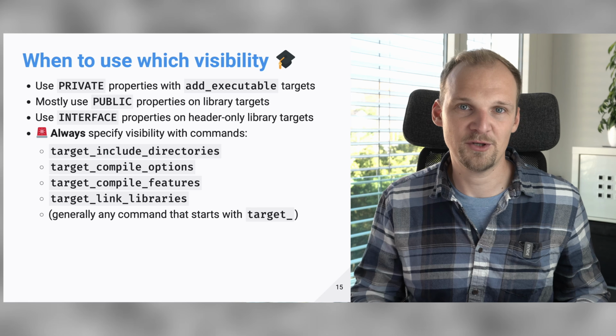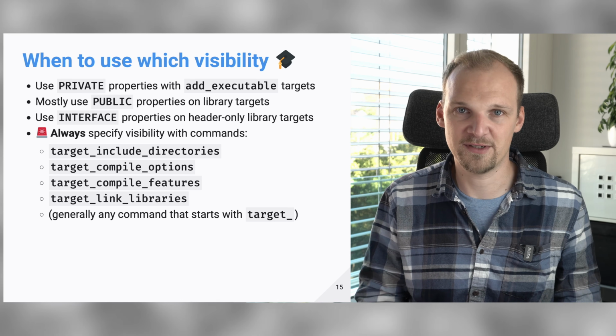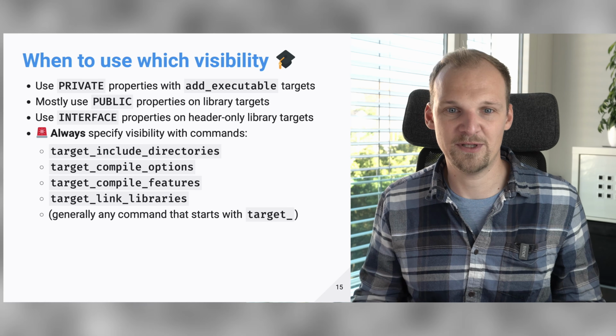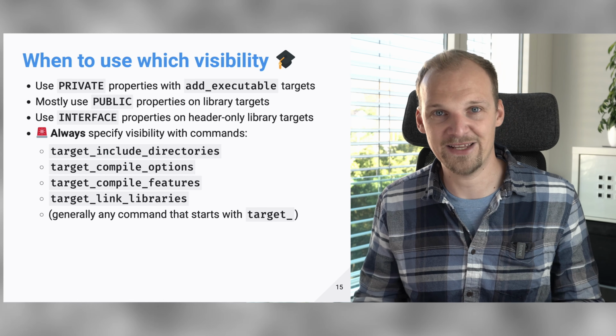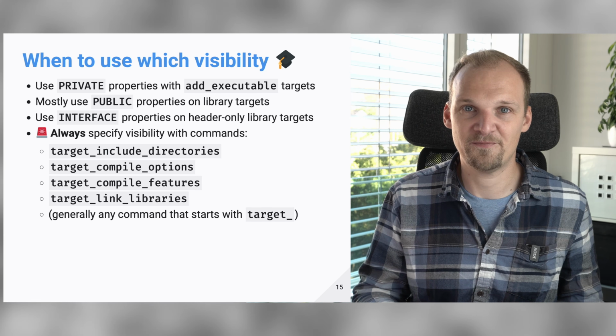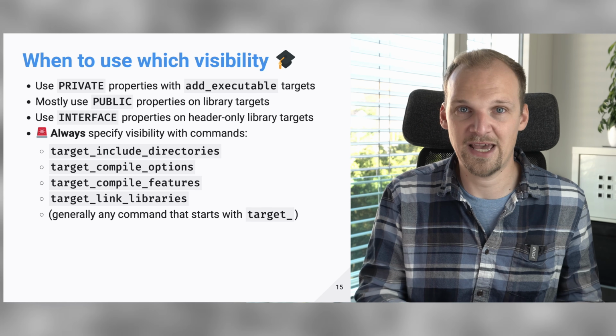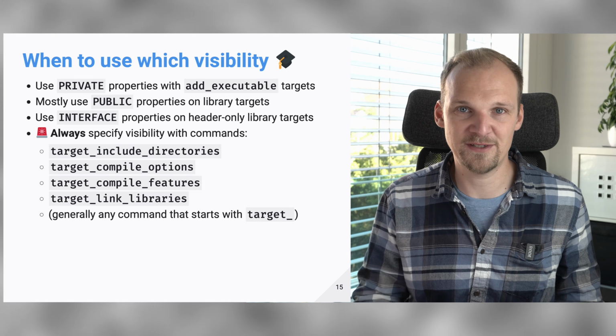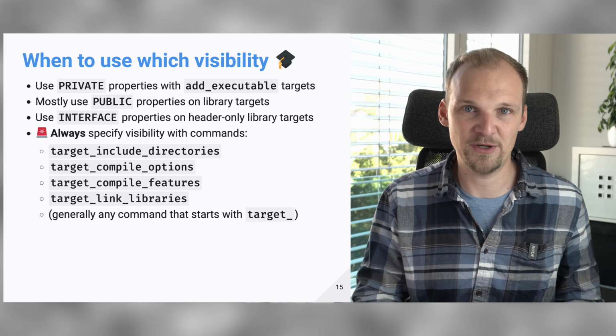Generally speaking, you should use private visibility with all of your executables. In most cases, you want the public visibility with your shared or static library targets, and you use interface visibility with your header-only libraries. And it's important to remember to always use the visibility when you're setting properties for your